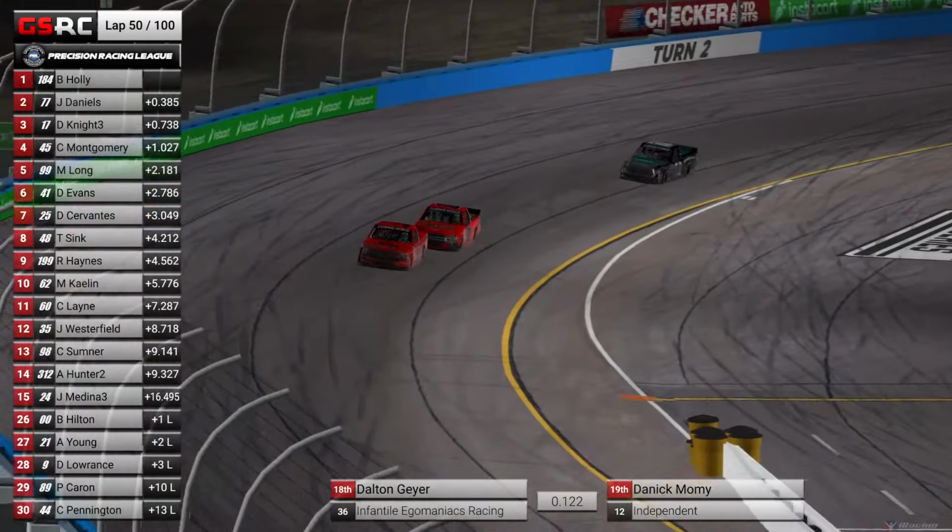And it just completely caters to a different audience than what we see. Oh, we have a tight side by side for the lead. Whew. Well, for second, sorry. Bradley Holly trying to work his way through just behind as